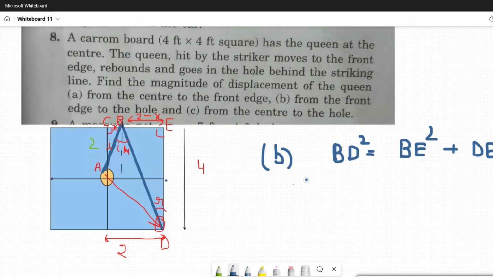We will get BD, which is the displacement of the queen. BE, how much is BE? 2 minus x. So our x was 2 by 3. So 2 minus 2 by 3 whole square